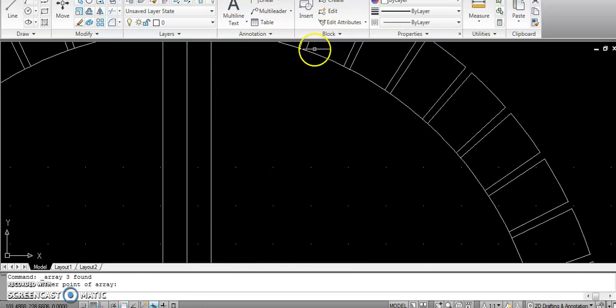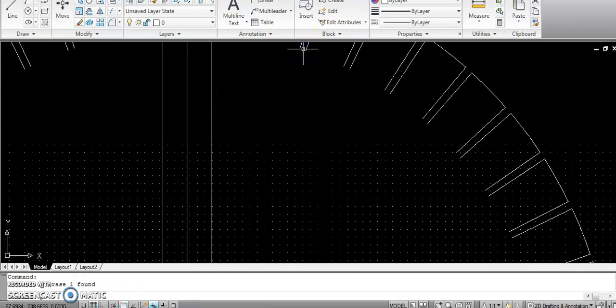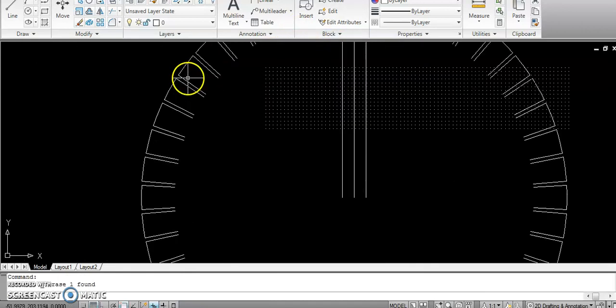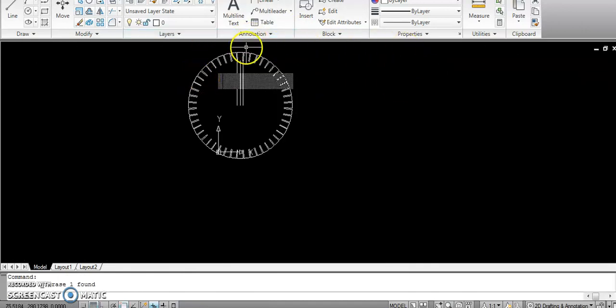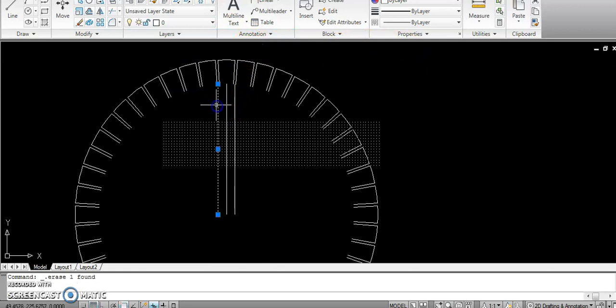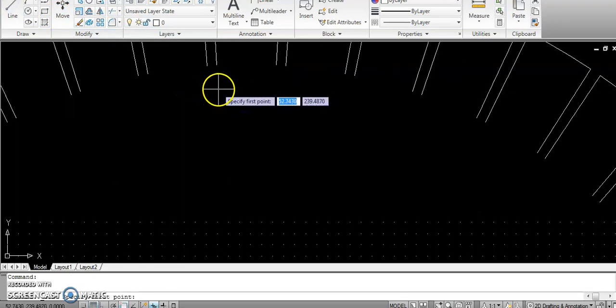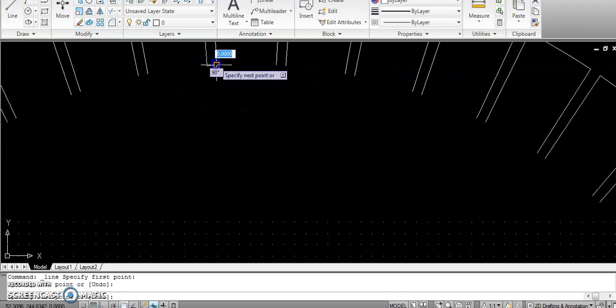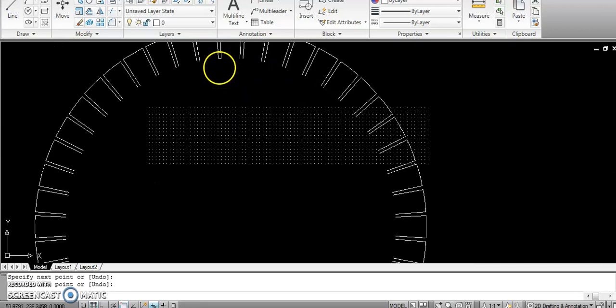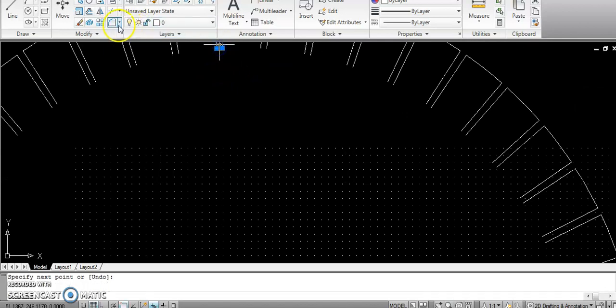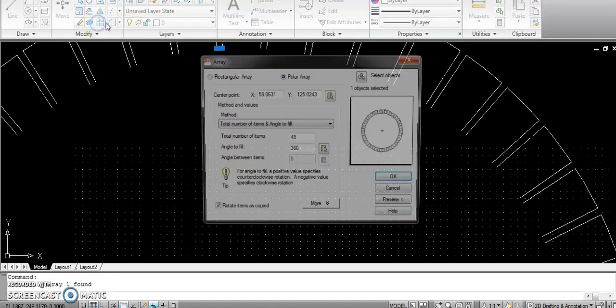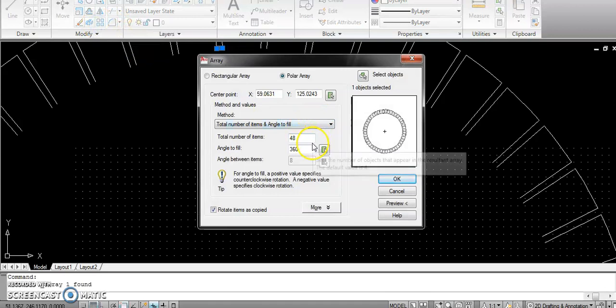So for that what you need to do is, first you select this, delete. Once you delete that, then this also is not required now. Delete, delete, delete. Just join these two lines. Once you join this, you can select array. This is 48.